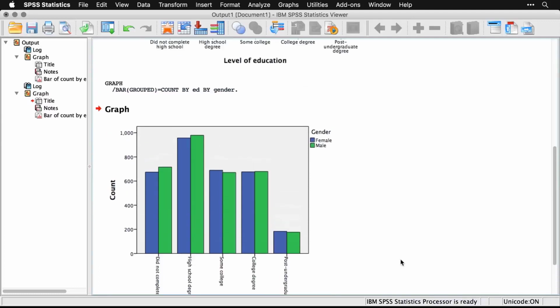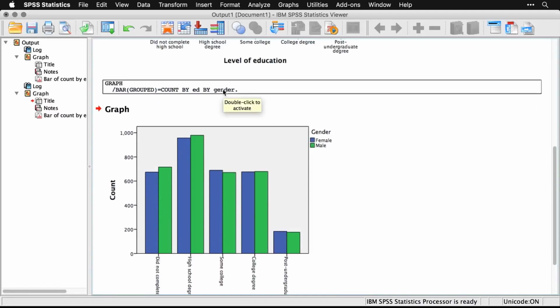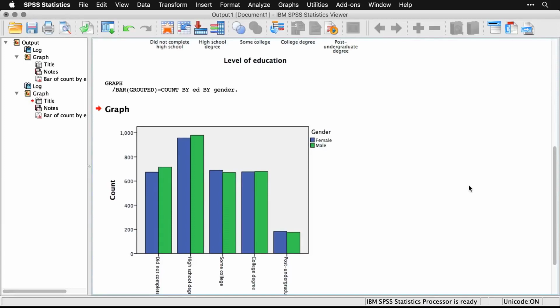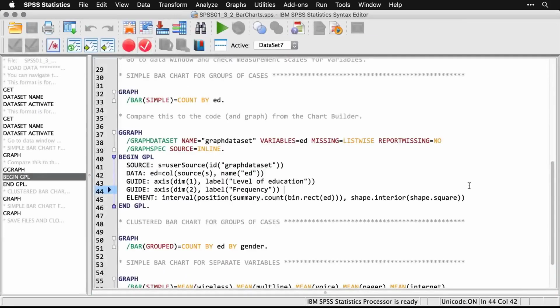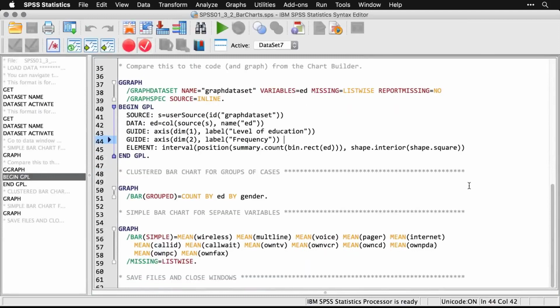By the way, come up and you'll see that the code for this is really simple. All it does is add by gender. And so again, a very short command. I'm going to go back to the syntax and we're going to do one more here, and that is for